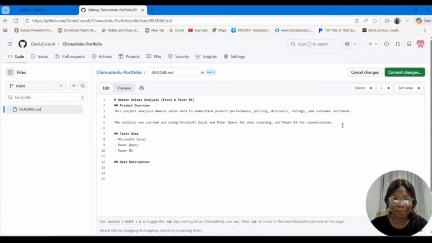I'm going to state that the data set contains Amazon products sales information, including